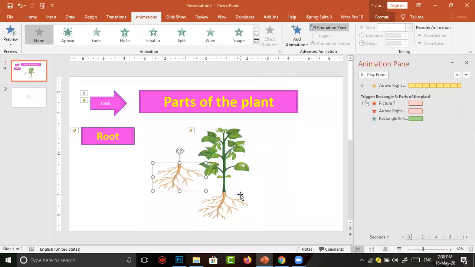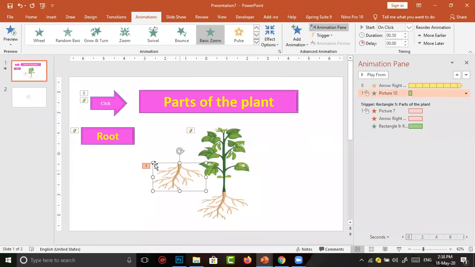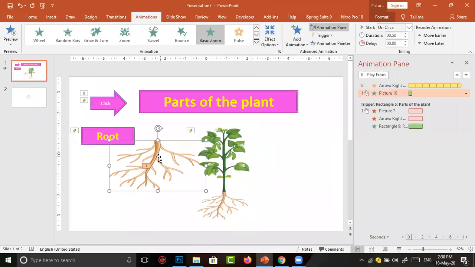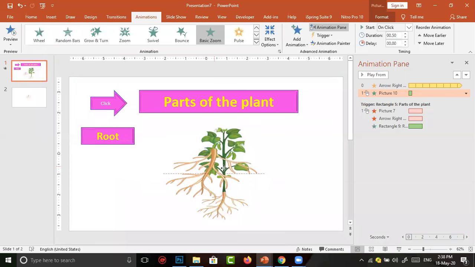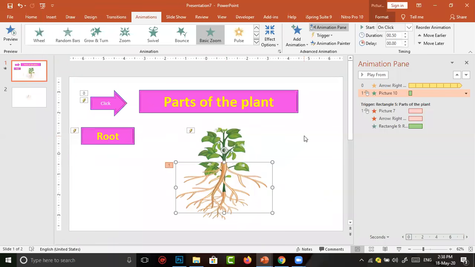Then I click OK. I select the image and resize it larger, and we can place it at the same place. Nothing will be affected.